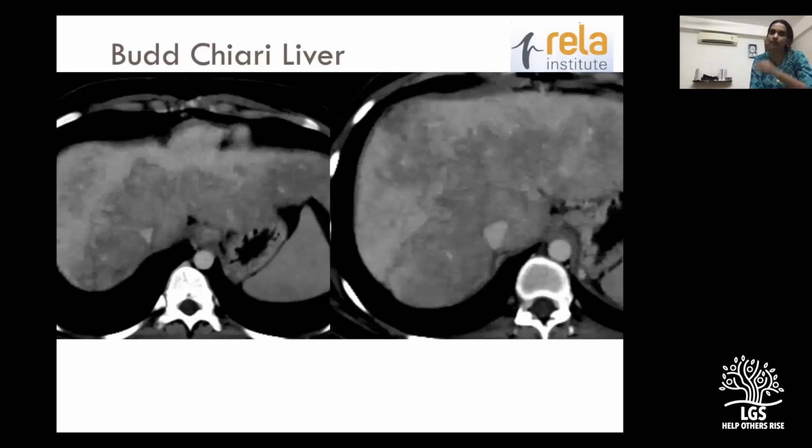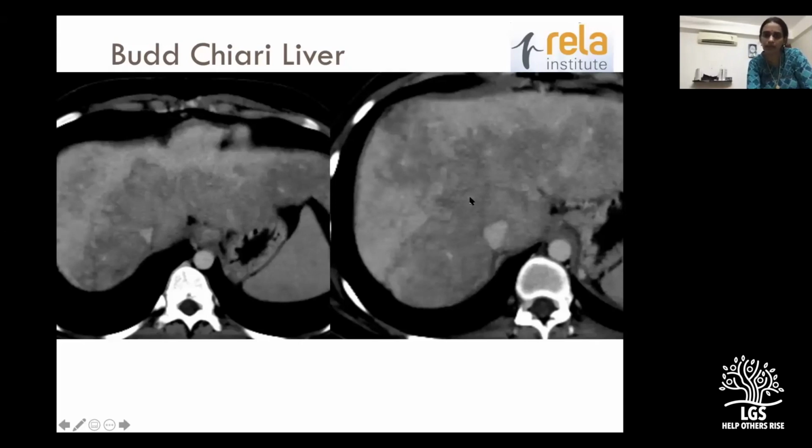Budd-Chiari liver. Now, Budd-Chiari liver has a spectrum of findings, all of which cannot be encompassed within this talk. But suffice to say, we need to always look at the hepatic veins in the hepatic venous phase or delayed phase to see whether they are opacifying or not. Now, in this case, I've taken 2 cuts at the level of the confluence here and here. The veins are not filling, so they are thrombosed actually, and it's been there for a while. So what's happening is there are multiple subcapsular venous collaterals which are actually draining the blood away from the liver. That is why you're getting this